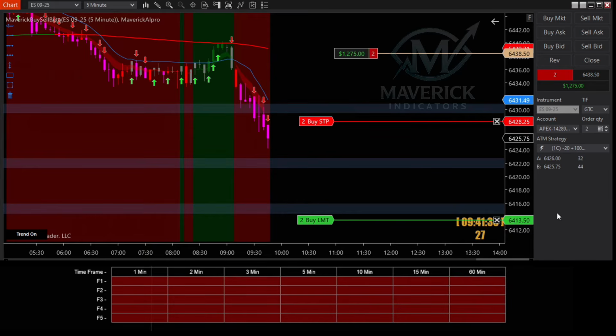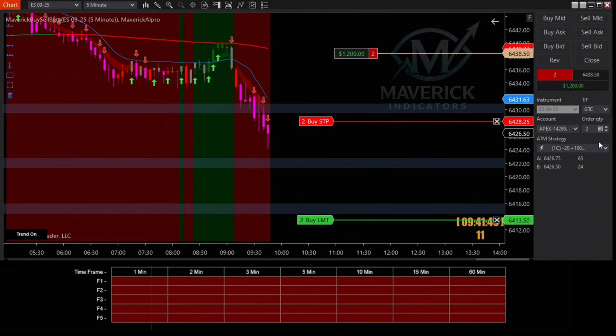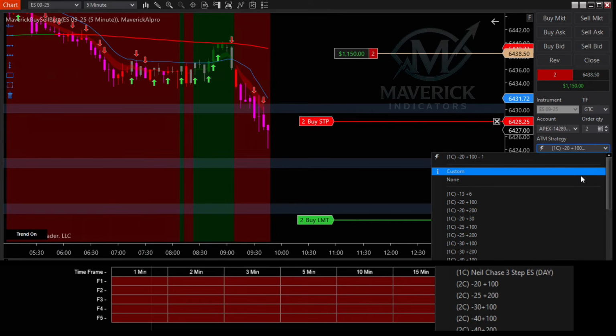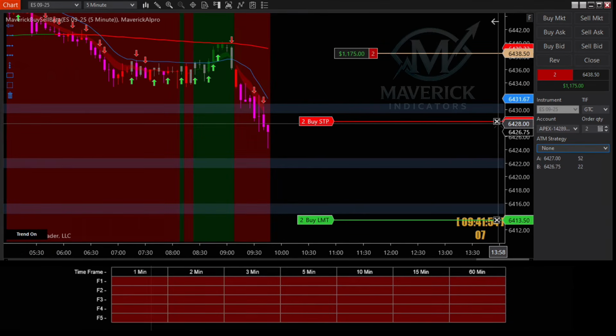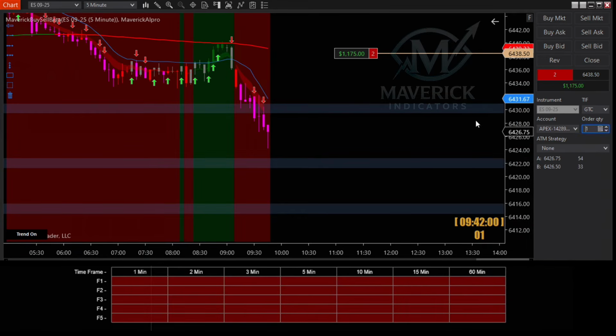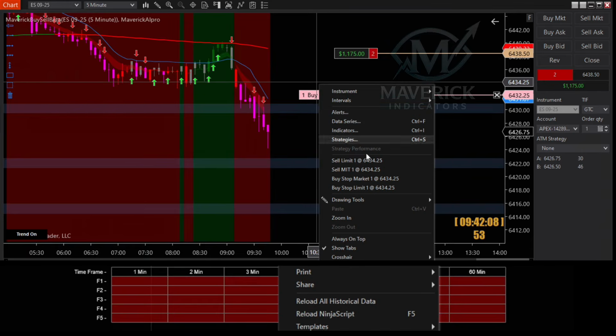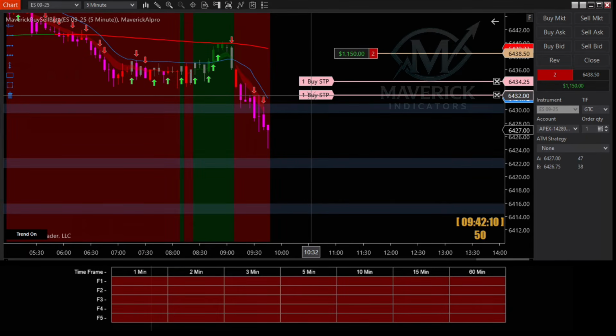And without news, I'm either going to let it ride on this stop loss. You know what I'm going to do? I'm going to go like this. I'm going to go custom, cancel. I'm actually going to go here, and I'm going to place one here. No, not 2. I want 1. So I'm going to go here. I'm going to go buy. I'm going to go here. I'm going to go buy. And I'm going to